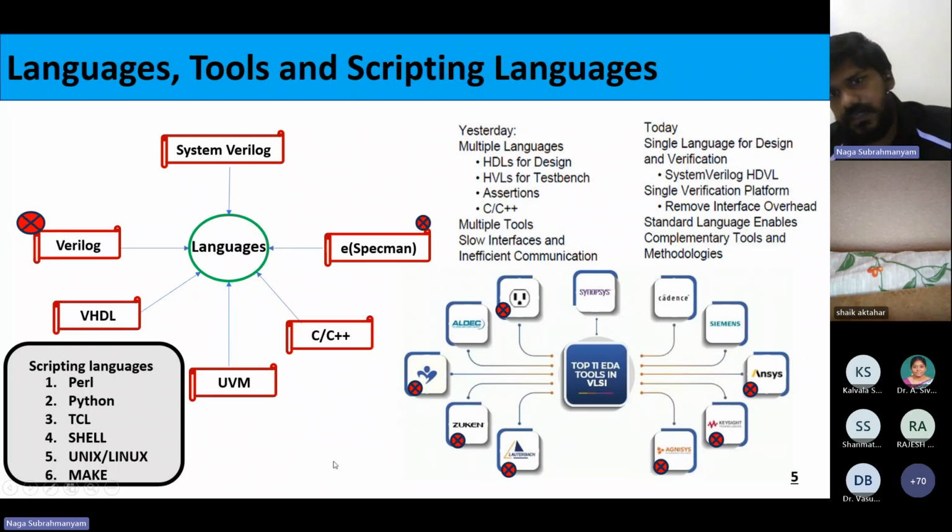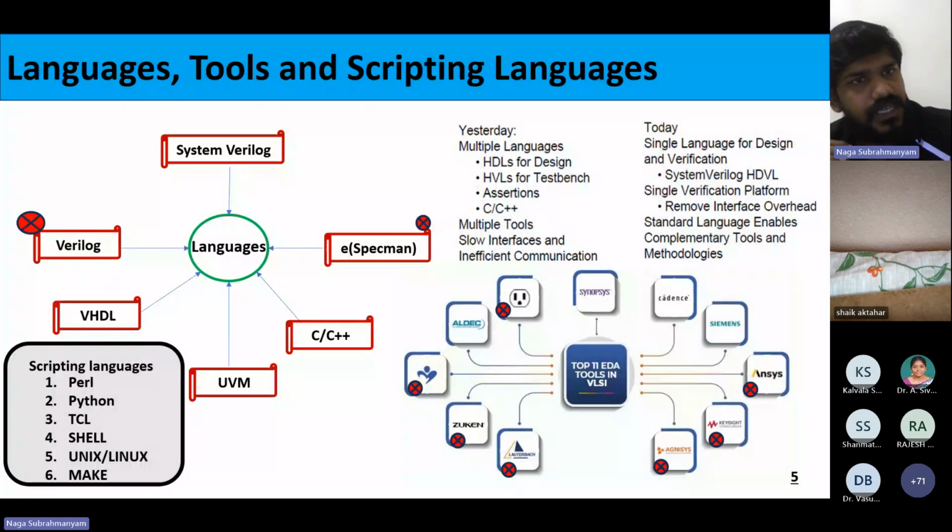Okay, and coming to this, these are the various companies which are currently developing the tools for verification as well as design also, but I'm not much aware of the design tool companies. As far as I know, we have Aldec, Riviera, Synopsys, Cadence, and Siemens. These are the major companies which are providing the tools for us to verify the design.